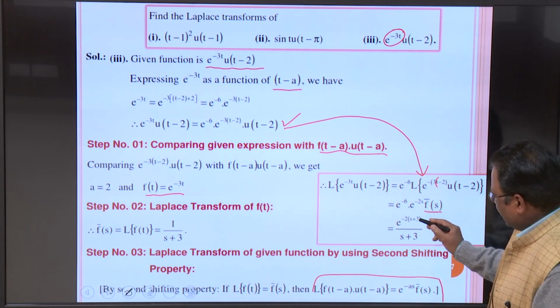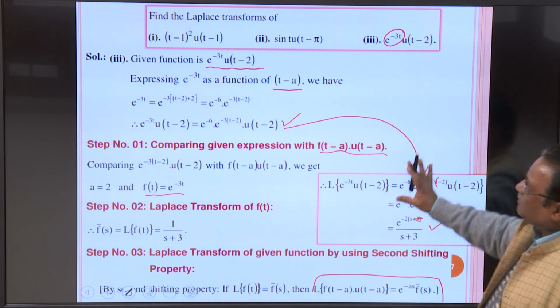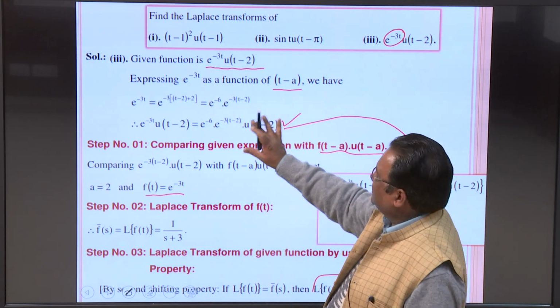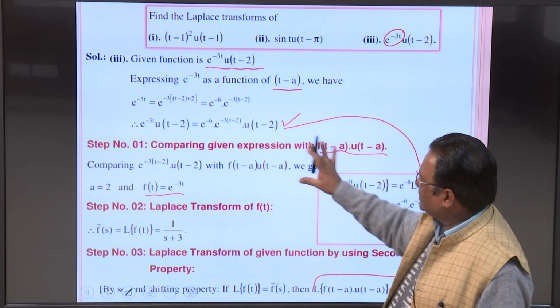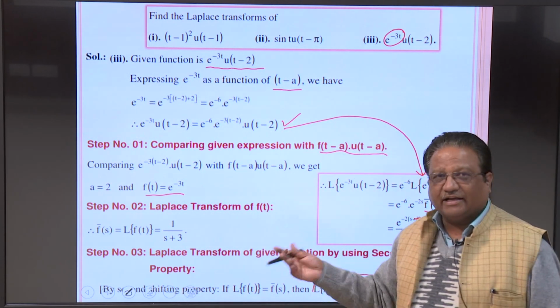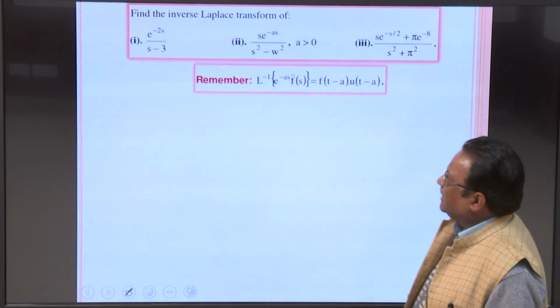तो ये आपका इस टाइप से रिजल्ट बनेगा, इसको देख लीजिएगा, ठीक है, किस तरह से आपको ये लैप्लेस ट्रांसफॉर्म्स निकालने हैं, ठीक है. तो पहले आपको इसको इस फॉर्म में लेके आना है और फिर स्टैंडर्ड एक्सप्रेशन के साथ कंपेयर करना है, ए और एफ टी की वैल्यू निकालनी है, एफ टी निकल आएगा तो एफ बार एस निकालना है, एंड देन यूजिंग सेकंड शिफ्टिंग थ्योरम you will get the result.